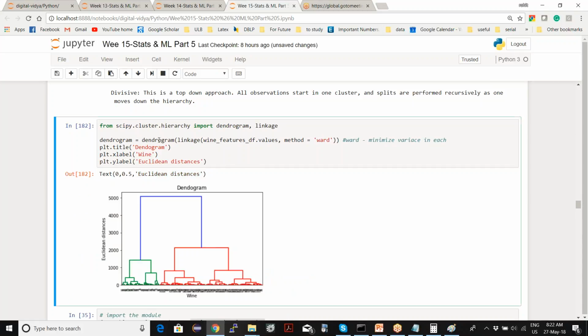You say, create a dendrogram by linking from this wine data features, and the method we use is ward. Ward is one of the methods used to find the distances. It actually minimizes the variance in each cluster.